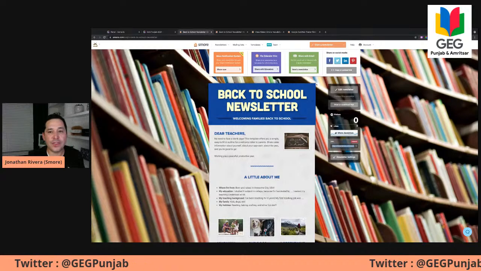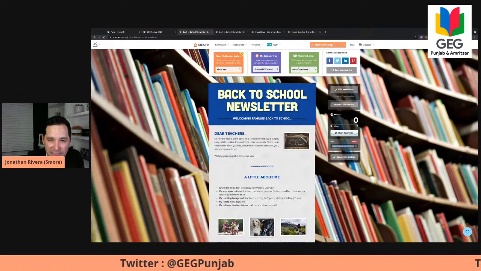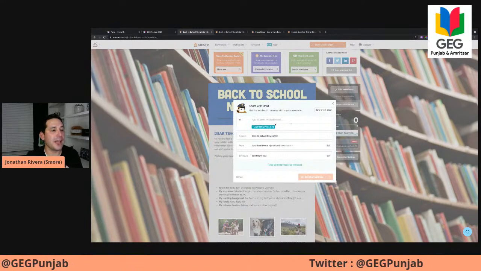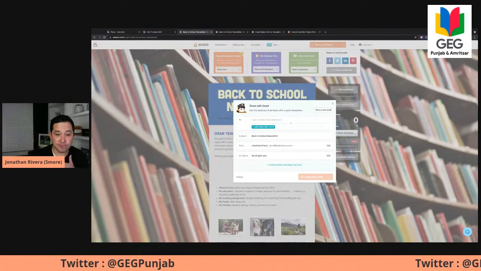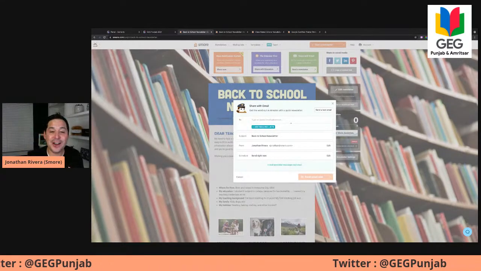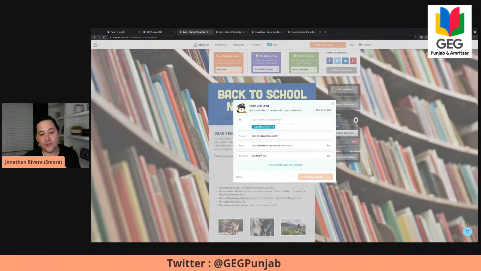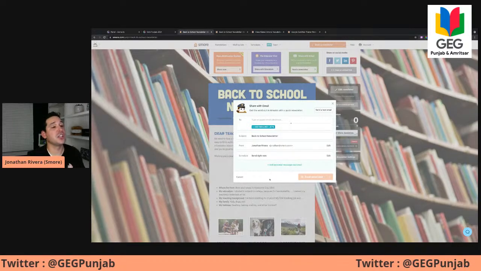You also can use our own built-in email service. So if you wanted to share this out via email, you simply click on send a newsletter here, and this allows you to type in or paste any email addresses. Really straightforward. Excuse me, 5 in the morning. You add the email addresses here. You can change the subject, who it's from. You can schedule that out, add a personal message, and hit send now.